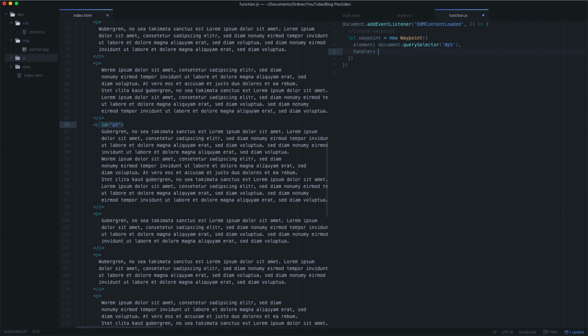and then we'll specify a handler. This handler is simply a function that's called as soon as the paragraph scrolls into view, the element scrolls into view basically. And this function will simply contain an anime.js animation. So targets will again be our p5, like that, and an animation